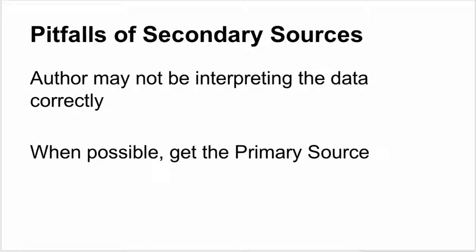So anytime it's possible when you're looking at secondary sources, get the primary source. If you're reading a book and a person points to a study and they say, well, according to this study, this is true, go look at that study and judge for yourself. Whenever possible, get the primary source. So this means that at the end of your research, you'll have almost entirely primary sources. You may use secondary sources as a starting point to find research, but you'll hunt that trail down back to the primary resource.